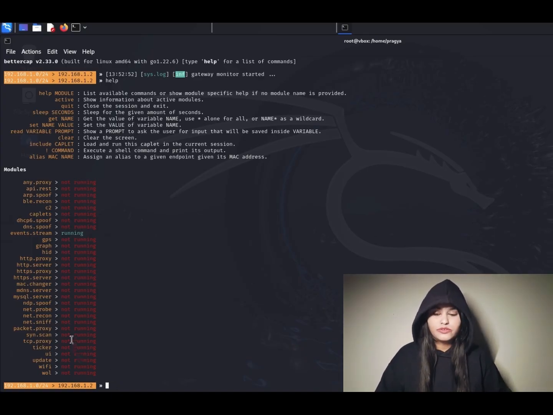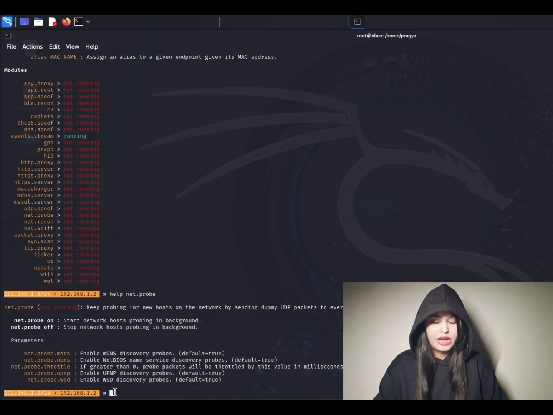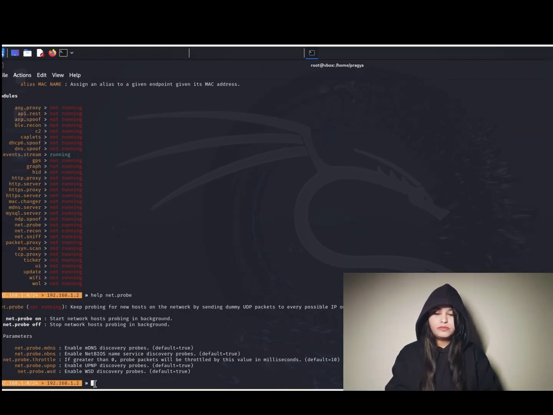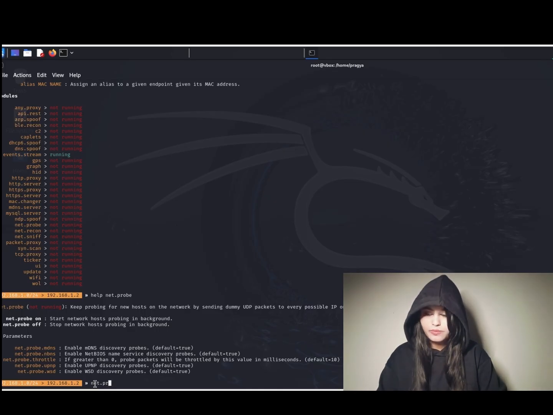In this demonstration, what we will be looking into more is the net.probe module and the net.recon module. So let us check these two modules. net.probe on.